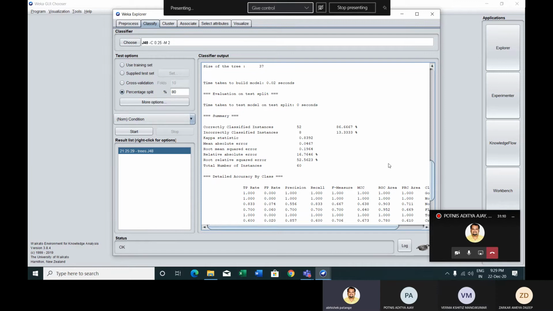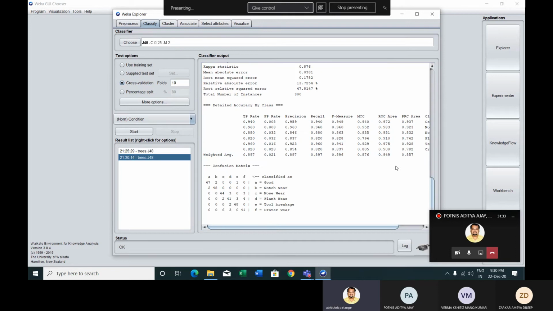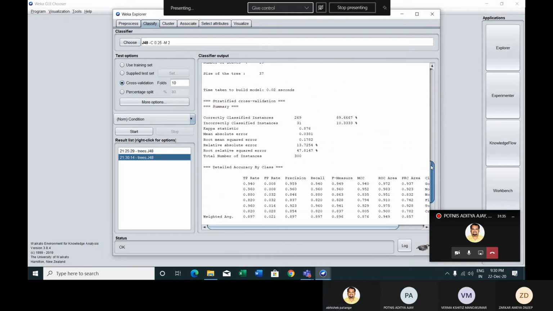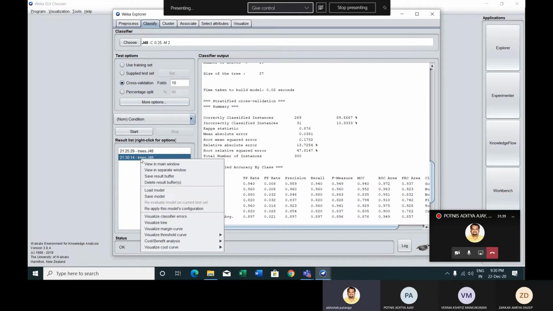But now when the sample has no label, then what to do? So what you can do is go to cross validation again, keep 10 folds as it is. Classify, start. How much is the accuracy? Yes, same. Okay, now right click on this result, visualize tree.